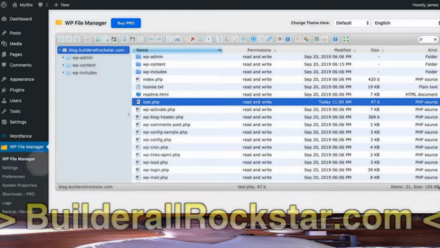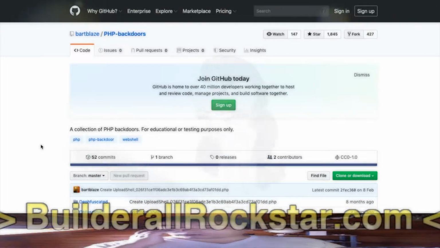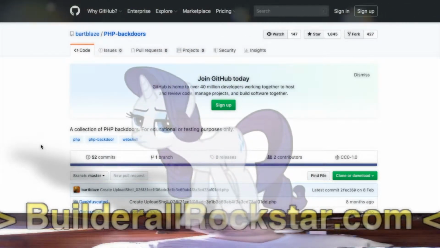So if you go to GitHub, you see here you have PHP backdoors. Backdoors, they are web shells, so they are a more complex piece of PHP code which allows you to do a file explorer, of course, upload files, download files, but also to do other things that can be useful, like run shell commands directly on your server, or download dumps of your WordPress database.